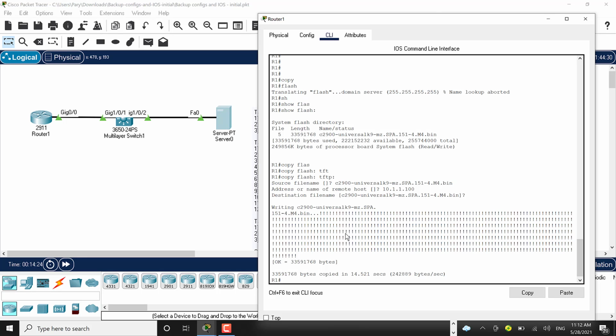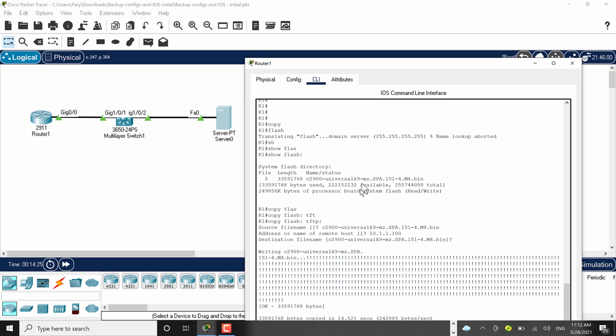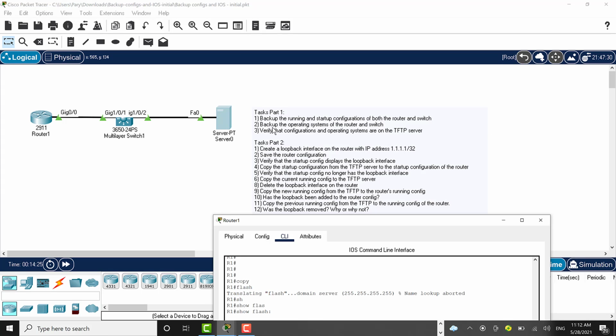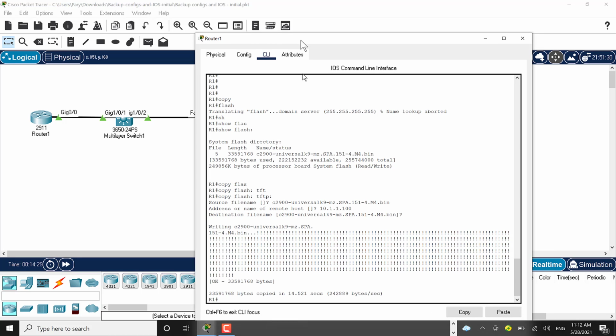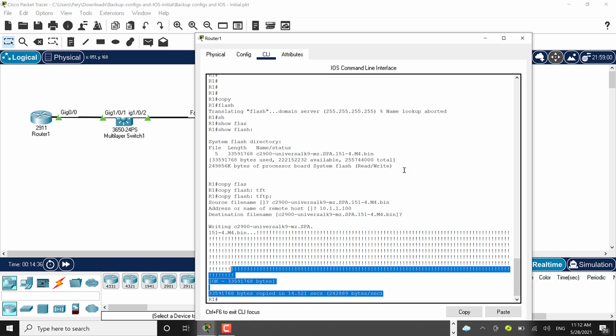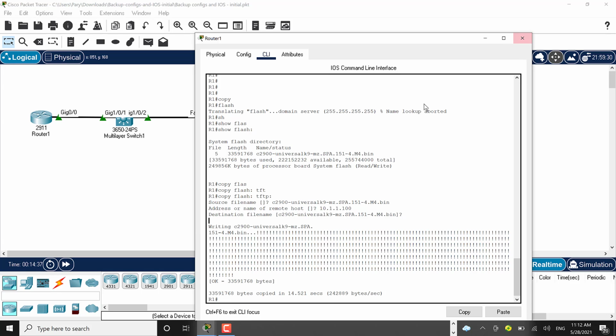So now how do we check? We need to verify. Task 1 asked us to verify that the configurations and the operating system are on the TFTP server. So though it took a long time, maybe because of Packet Tracer, I don't know, but all I see is after waiting for about if not 30 minutes plus, I have this OK message. So let's go back to our TFTP server and verify that the IOS